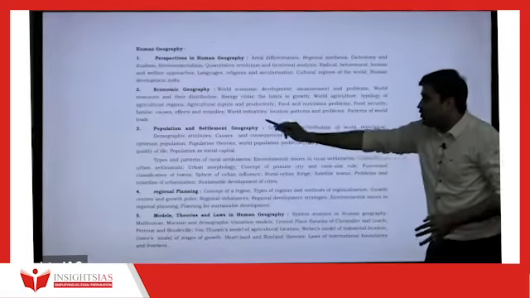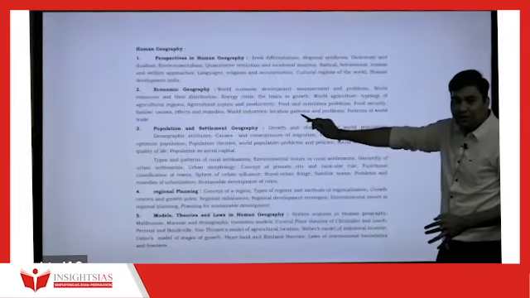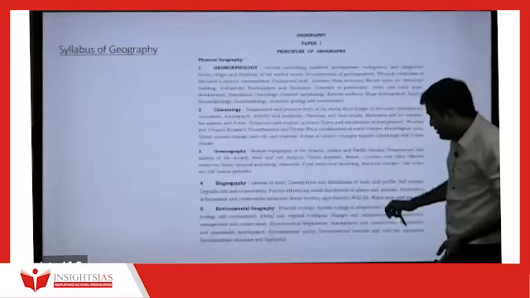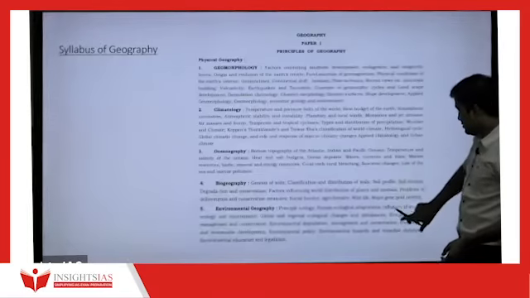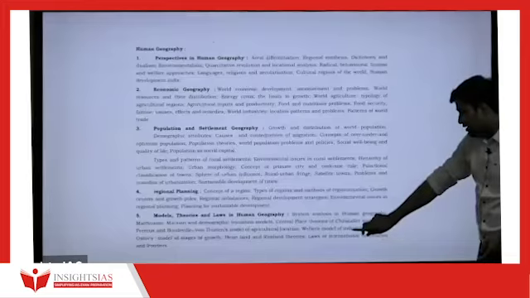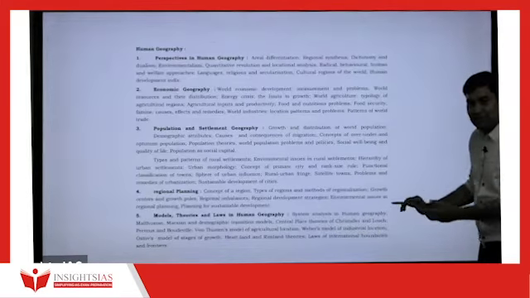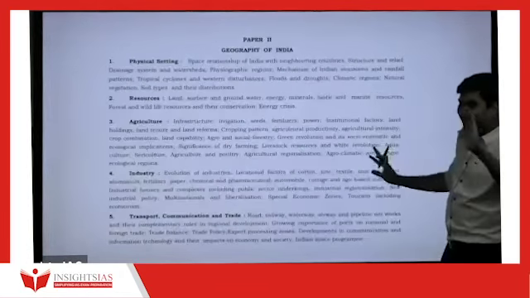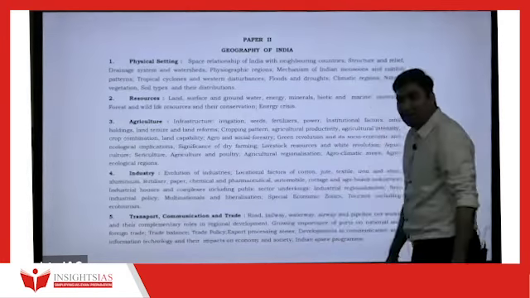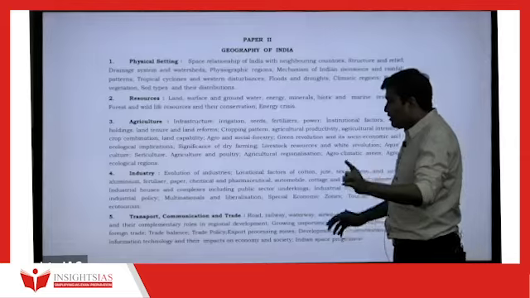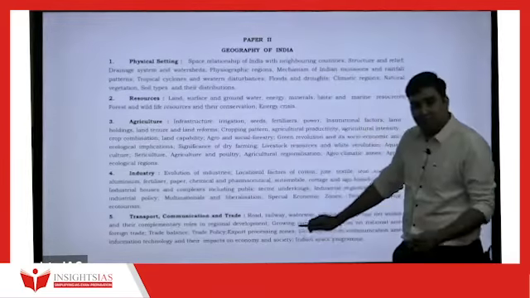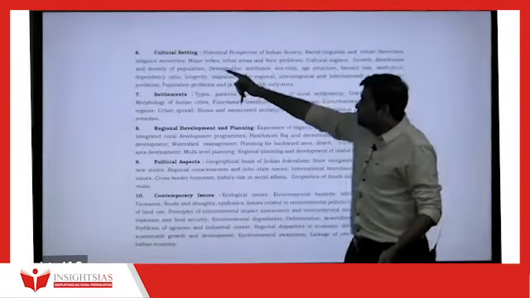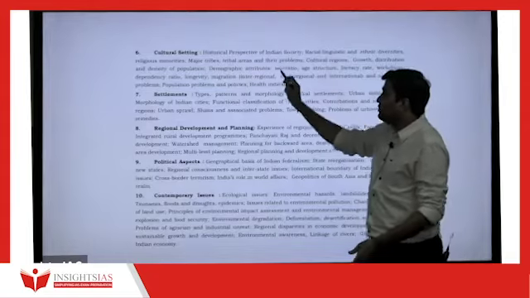In this context, we will also understand world industries, locational patterns. World का industries कहाँ पे क्यों है, उसका rational explanation कौन देगा? This theory. Where is it? This theory, that is Weber's model of industrial location. This model will explain why a particular industry is located at a particular place. Exactly उसी का application is nothing but this topic. Are you understanding it? We saw some, depending upon this industry, transport, communication, trade will be developed. उसका application, infrastructure, right? Cultural setting means population geography, demographic attributes, sex ratio, age structure.